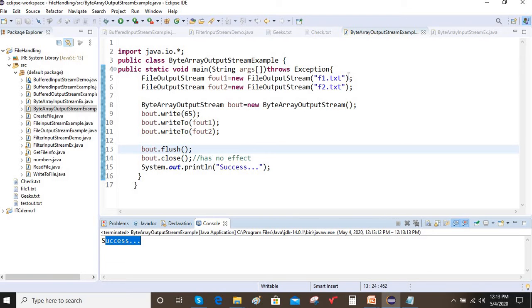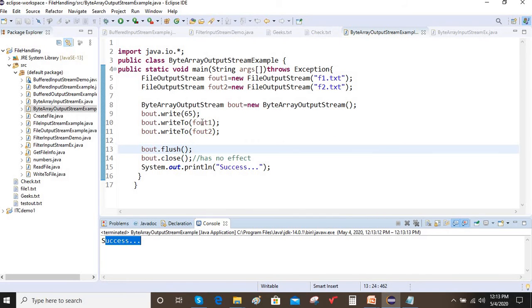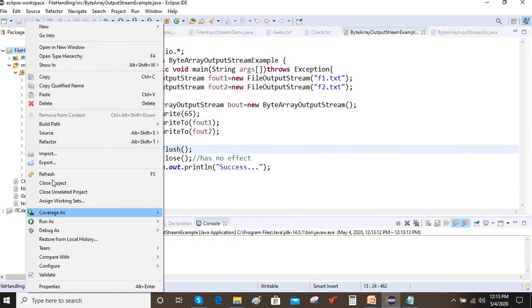That means f1.txt and f2.txt are created, and then the integer value 65 is written into these two files. When 65 is written, what is the ASCII value? A. A will be written to these two files. Now let's refresh the project once.